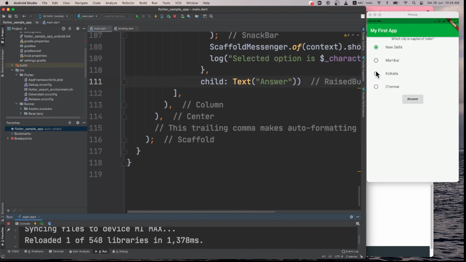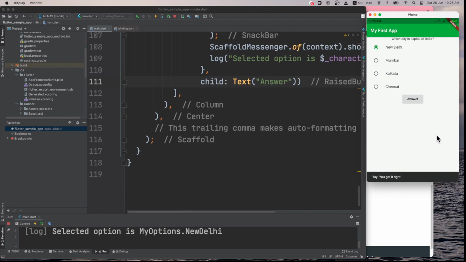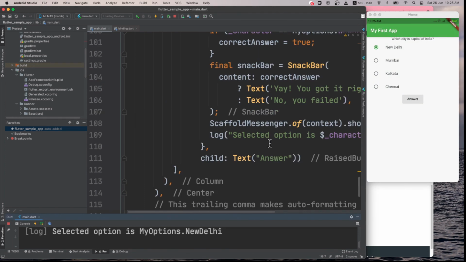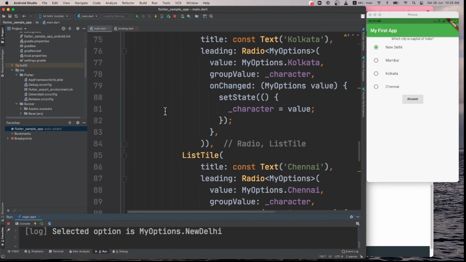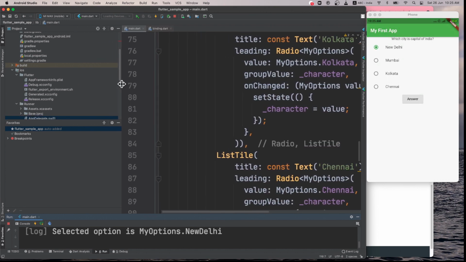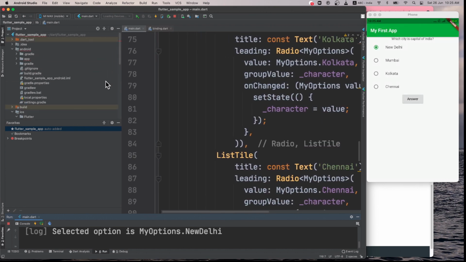So this is your first question, and you can define these questions into an array list or list, and then maybe iterate over that one by one. You can show it, and you can maintain a counter that will be taking count of right answers and the wrong answers, and after you give all the answers you can say what is your score, right? So I hope I have given you an overview of the Flutter application that you want to build.